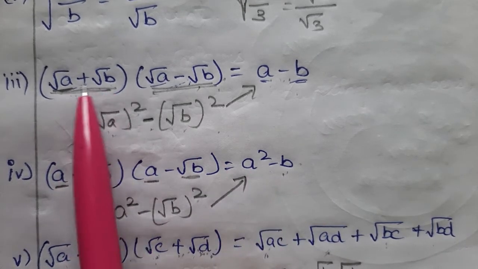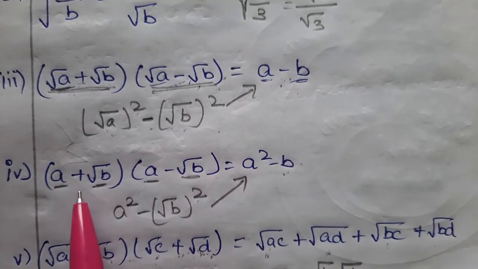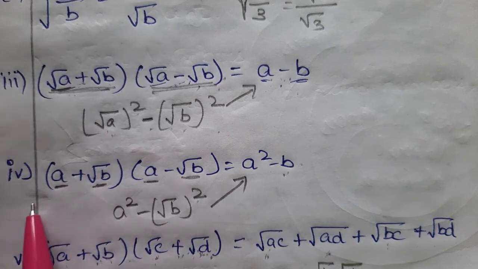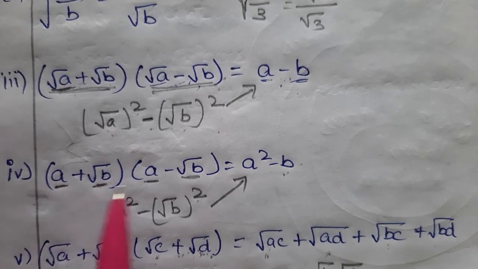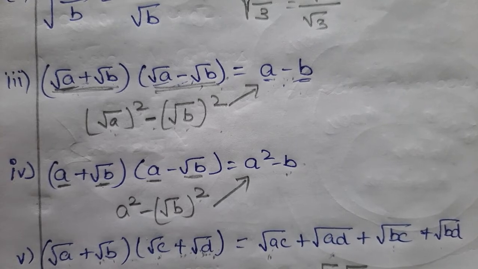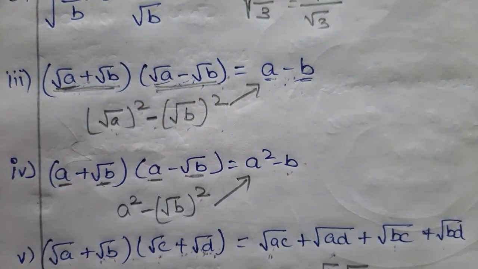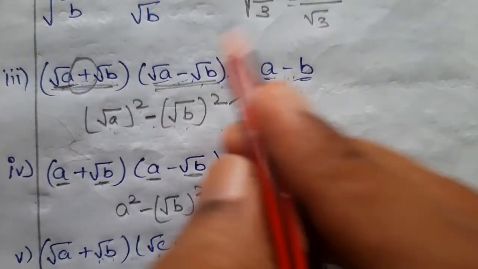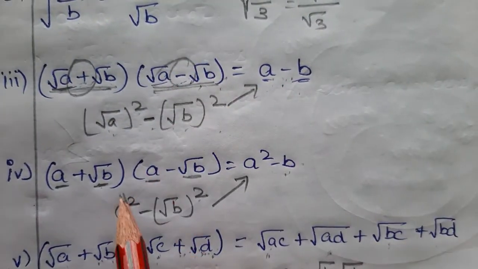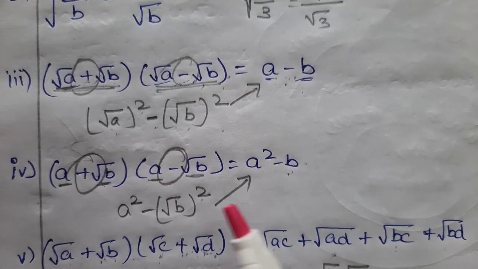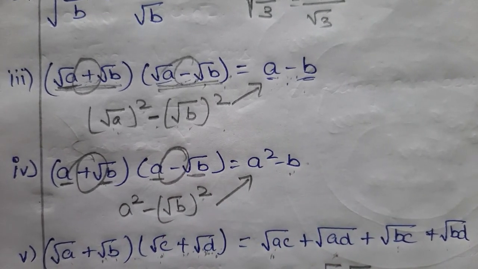If both have the square root also, we can write. If one is a number without a radical and the other is with a radical also, we can convert the same. But this says clearly that if one is in addition, the other is in subtraction, right? So one is in addition and the other is a subtraction. That is the thing you want to remember.